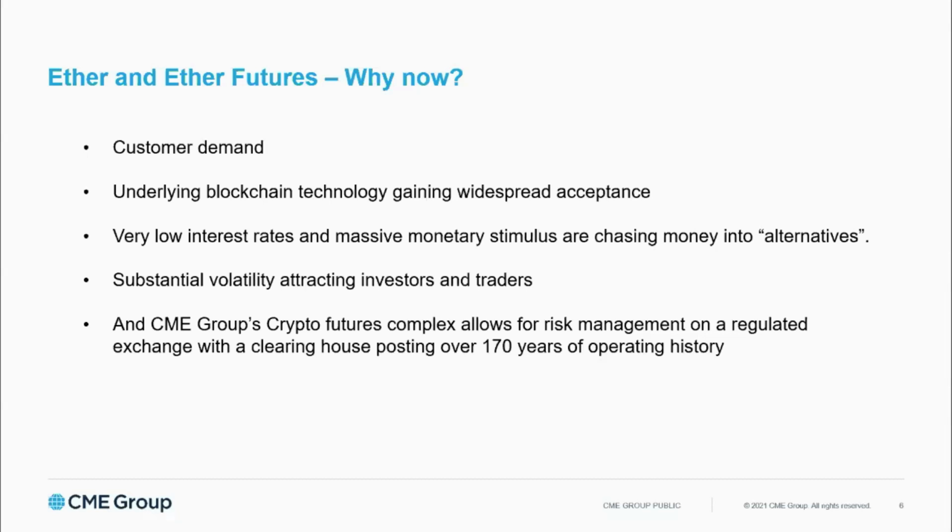We need a micro. And with the advent of micros back in 2009, and again in 2019, when we launched our micro equity complex, the popularity of that micro complex really got customers saying, we need a micro Ether. We need a small Ether contract that is available for people to express an opinion or hedge their spot risk at a more precise level. So customer demand really got us to where we are today.